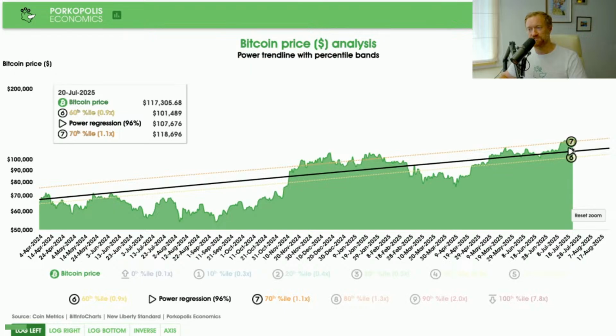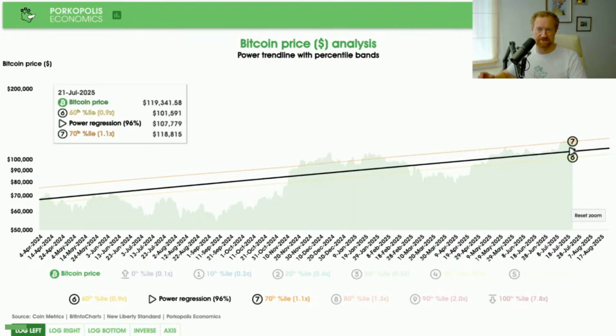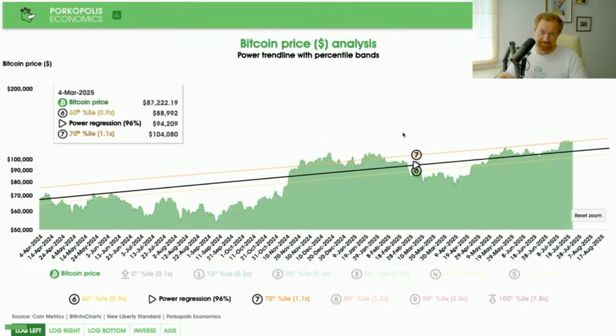You see that the trend itself is between the 60th and the 70th percentile. So between 0.9x the trend and 1.1x the trend actually occurs, let's just call it 65% of the time. Let's call it two thirds of the time. So what that means is two thirds of the time, the price is below this black line. Statistically,